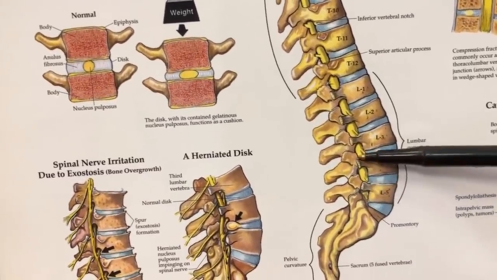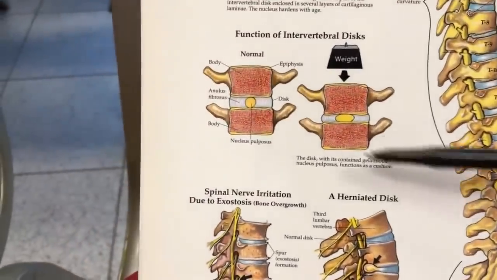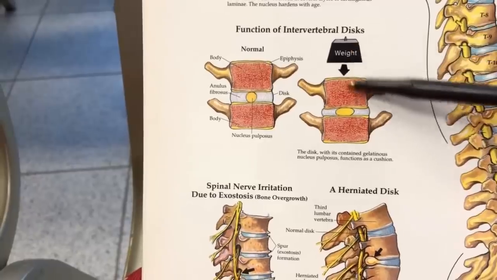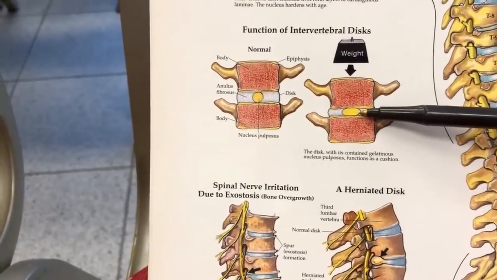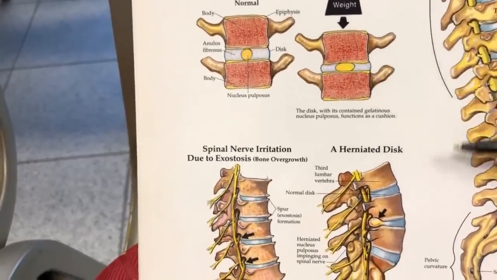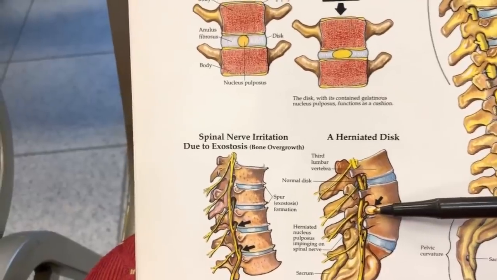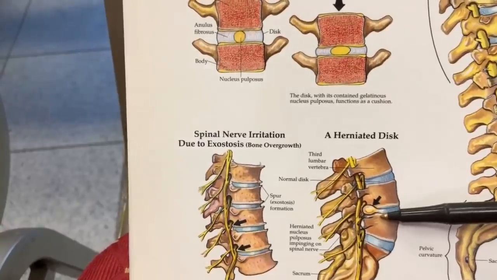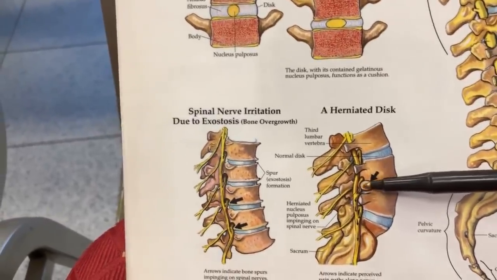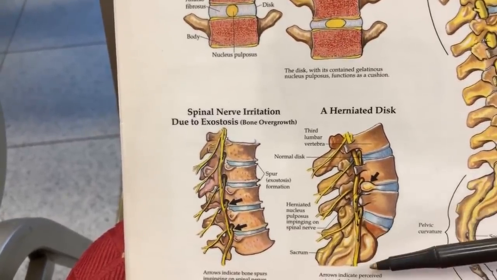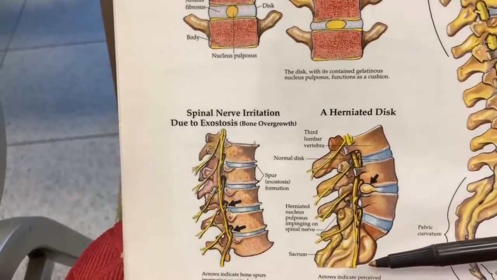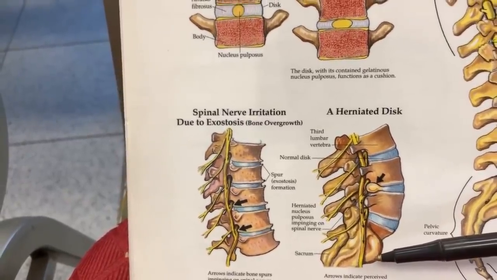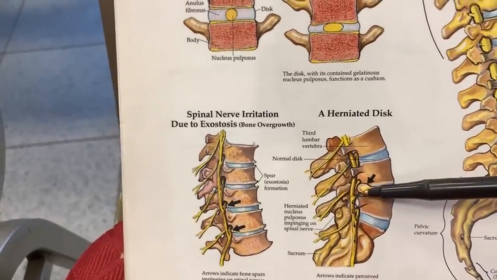Here are the spinal nerves. So you'll see that the discs actually absorb. So that's a normal disc. When you put weight or load, they act like shock absorbers when they're healthy. But when they're injured, so here's an example of a herniated disc again, it can actually touch that nerve. That nerve can cause local pain. The disc can cause local pain, but it can also refer pain down these nerves that go into the legs, into the lower glute and buttock area, and the thigh, and cause sciatic type pain. So that's an example of a disc bulge right there.